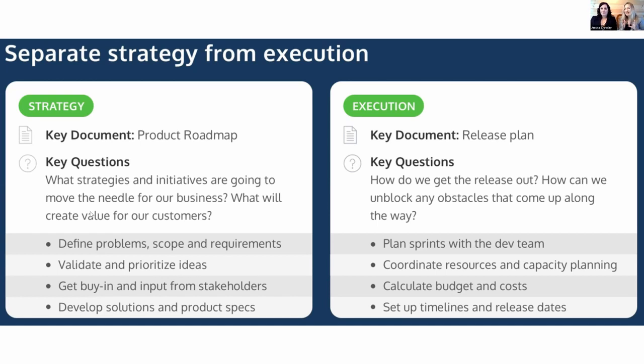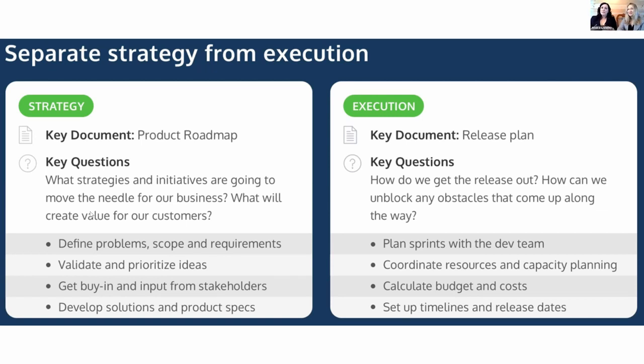So in this phase, you're defining the problems. It's like, what problems and needs do my customers have? You're looking at requirements, you're looking at the scope, you're validating by having the customers and the stakeholders present and interacting with them. You're getting buy-in, you're eliminating some of the misconceptions that you may have had, and you're coming up with potential solutions and product ideas. That's all about the strategic piece of it.